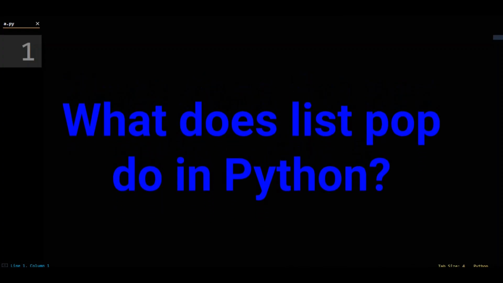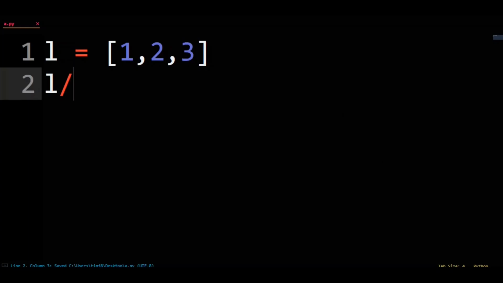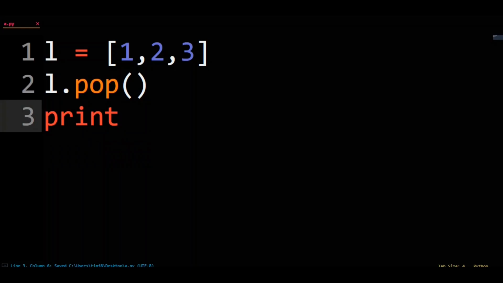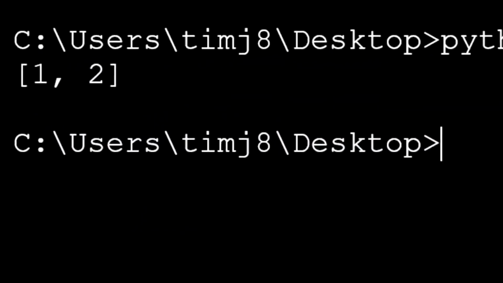In Python, list pop is a method that removes an item from a certain point in the list. Let's do a quick example to see what list pop does in Python. We'll also see how to pop last element from list in Python. L equals a list with 1, 2, and 3. L dot pop. Print L. If we run this code, we'll see L contains just 1 and 2, so pop removed the last item